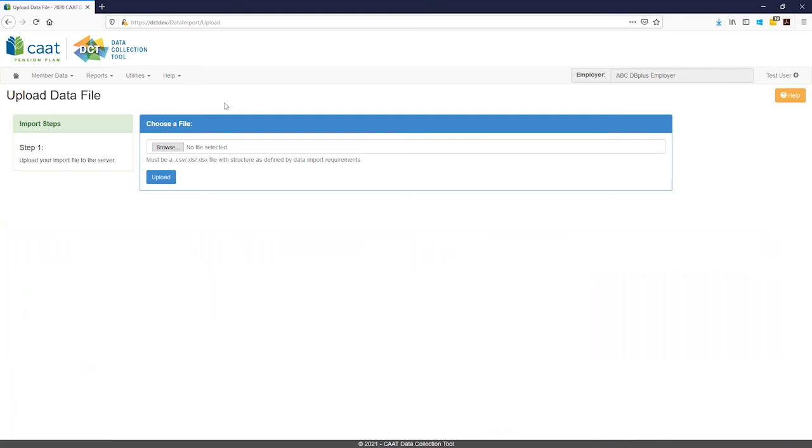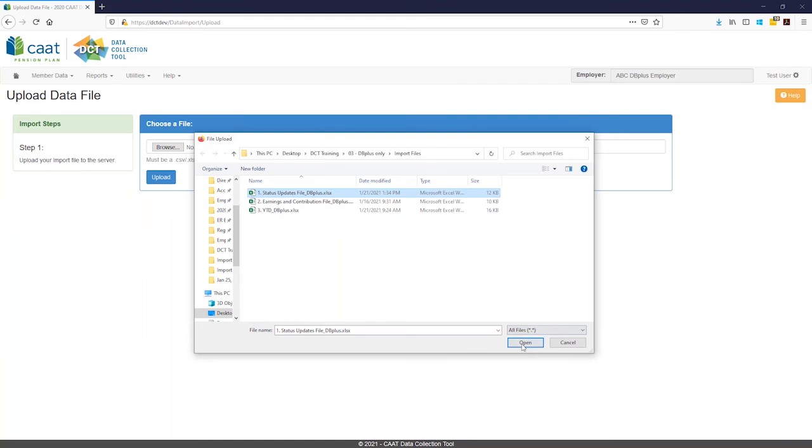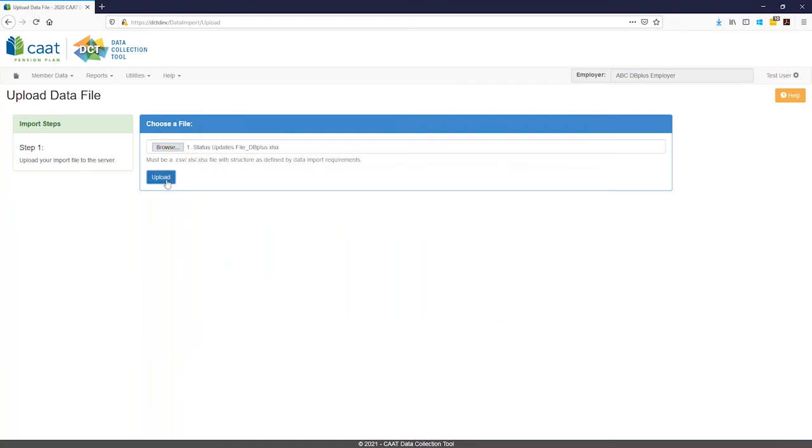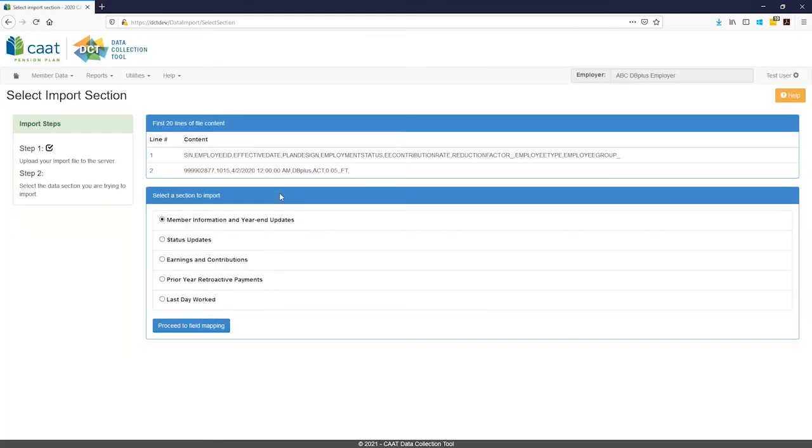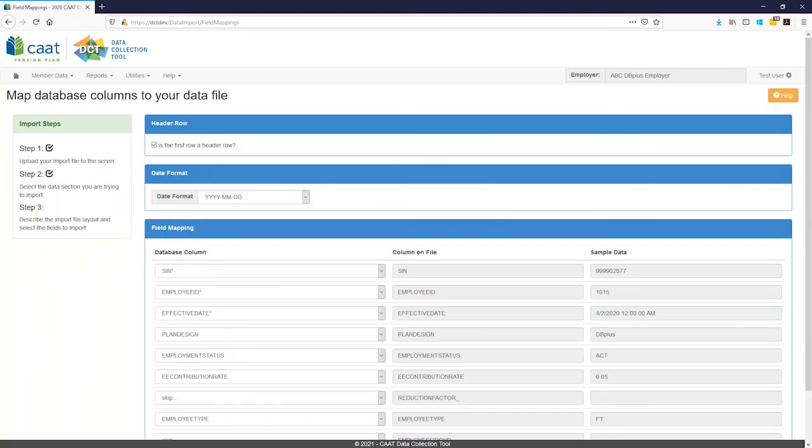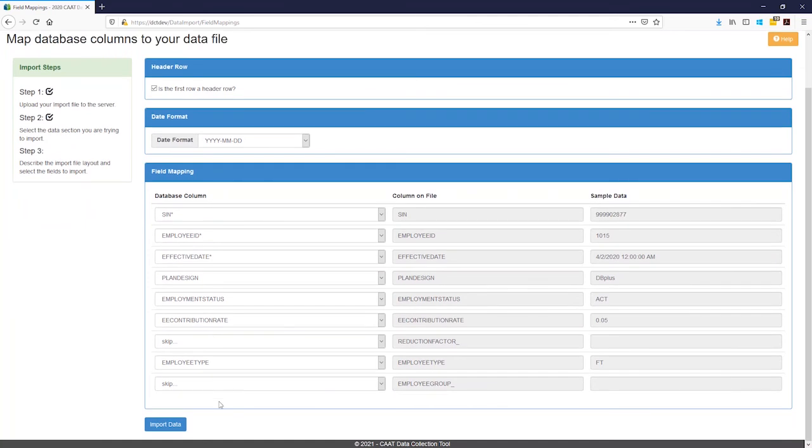When the Upload Data File window appears, we will browse for the file and select Upload. In the following screen, we will select Status Update File and click Proceed to Field Mapping. We will review any fields that need mapping and click Import Data.